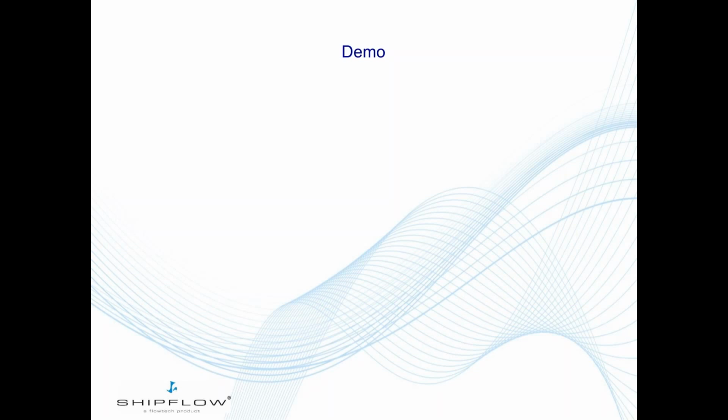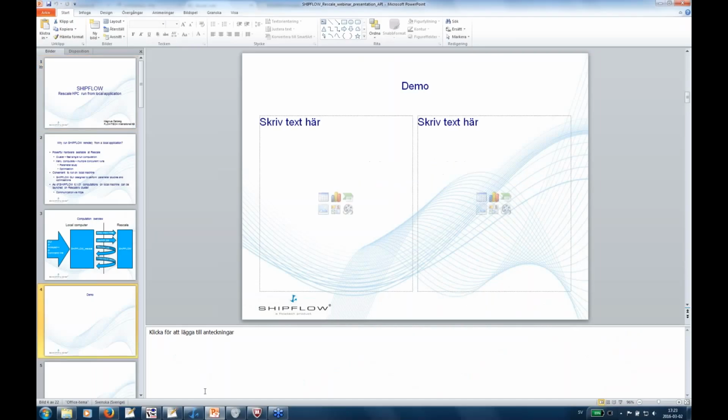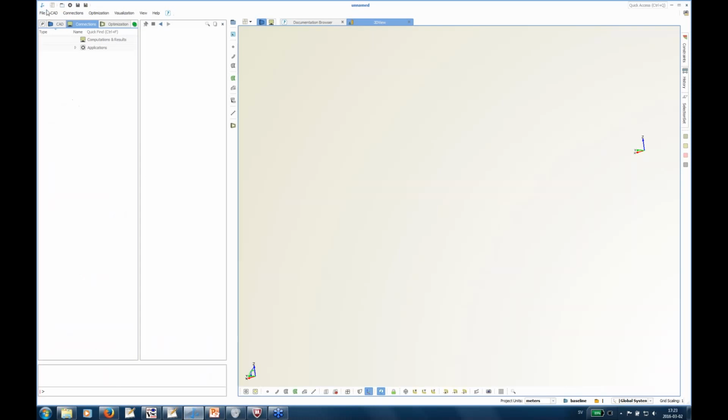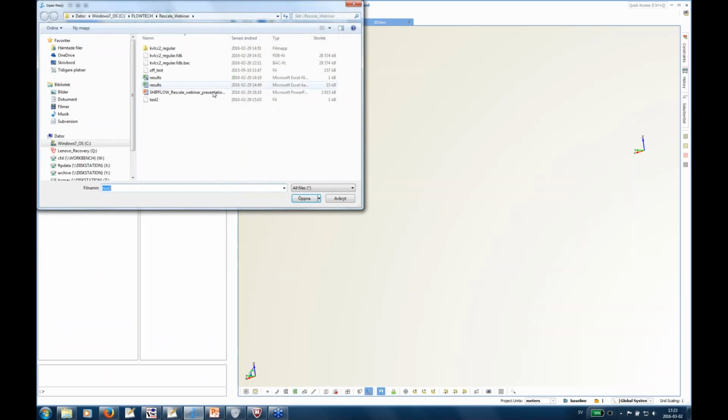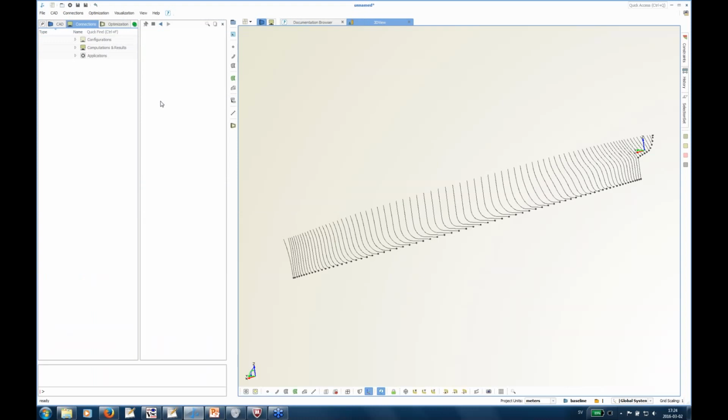In order to get a clearer picture, I think it's a good thing to do a short demo on how this is done. So I have the SHIPFLOW GUI here, and I want to run a configuration. I will run a really quick example here. So I will use test 2. This is the standard test that you run once you have installed SHIPFLOW, just to test that everything works. So I import this configuration,